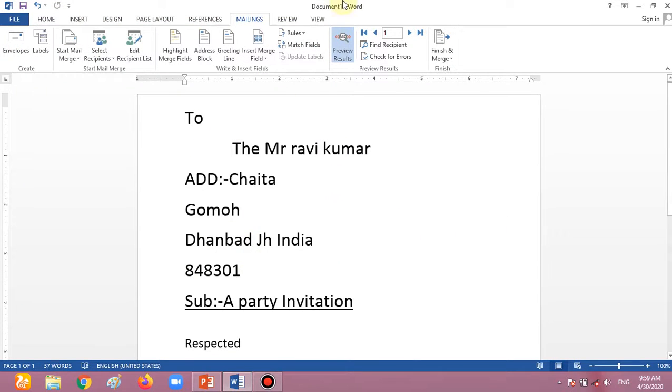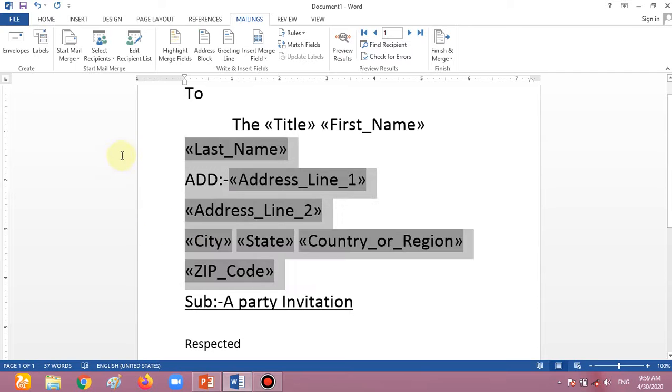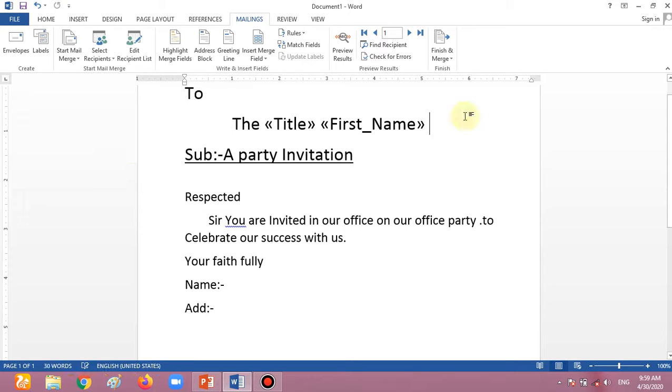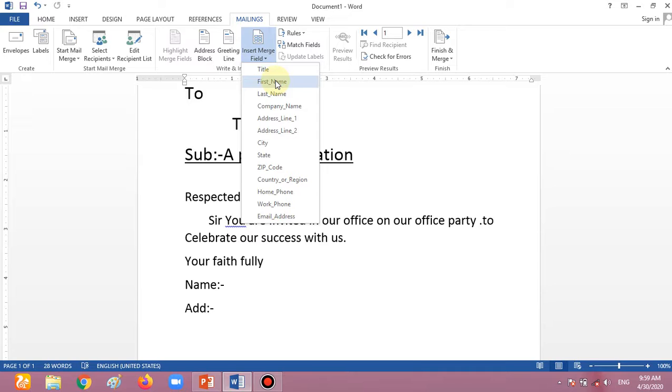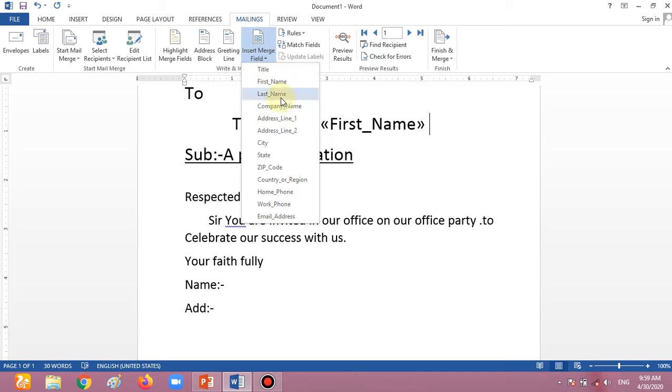Now look, how can we use it? For this, I'm going to delete all these things and do it one more time for you. When I'm writing data, these fields are going to be active in any letter. We start with the title name. For example, if I want to write a letter to a Mr., then we have to give the title name, space, first name, space, then the last name.